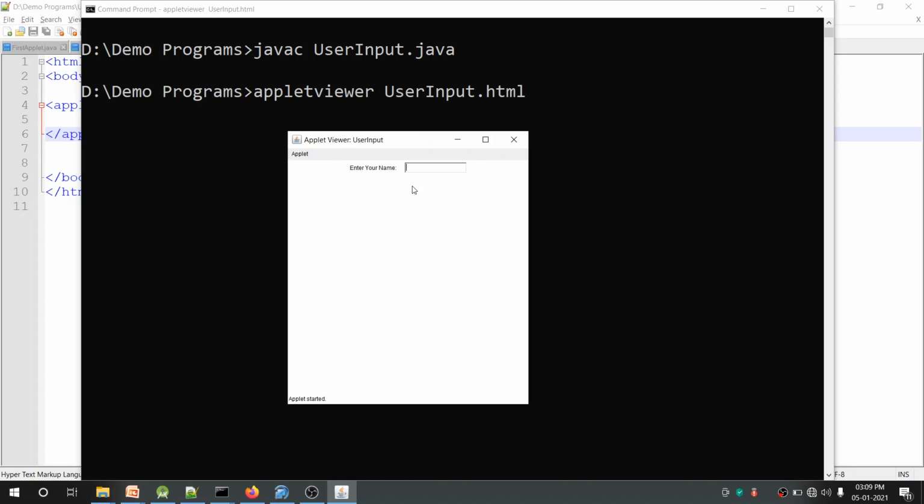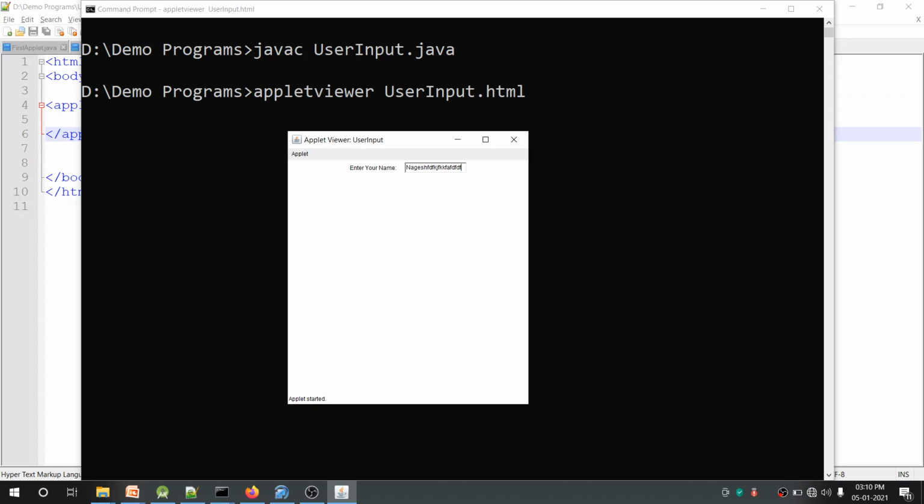So this is our applet container on which we have two components. First is a label, which displays enter your name, and second is a text field, where there is a cursor. A text field, as I've said, is used to read information. So I can enter any textual information in the text field. Right now it is taking input in that field, but we are not reading that data in the program. We are just typing the information. But it is possible to read the information which is entered in the text field and process it.